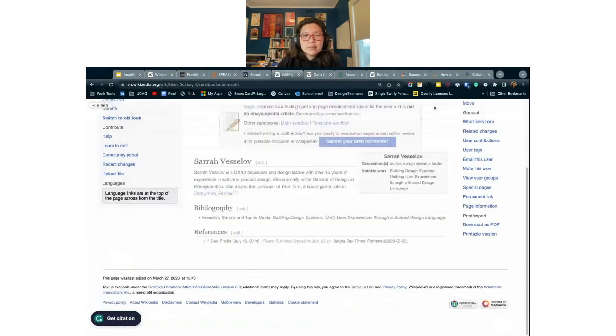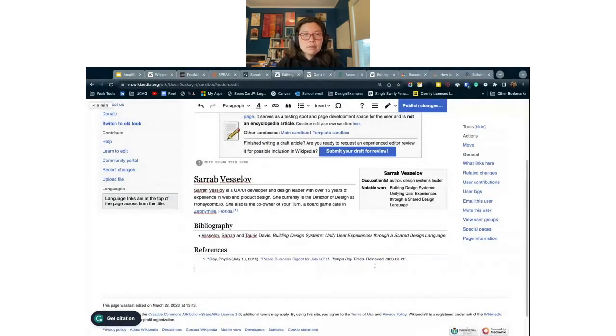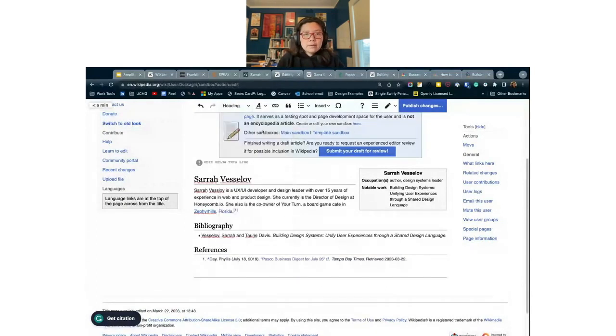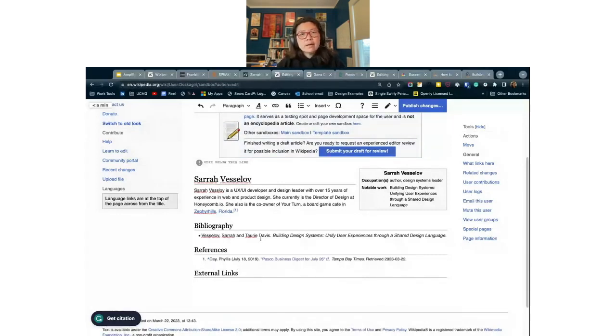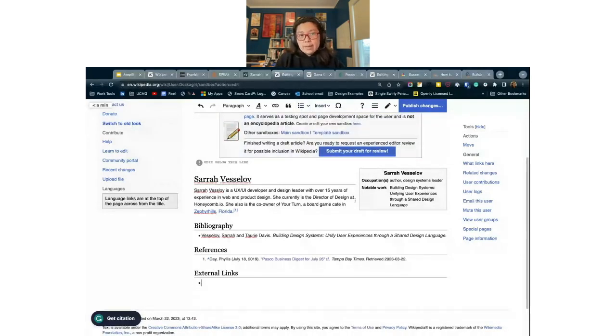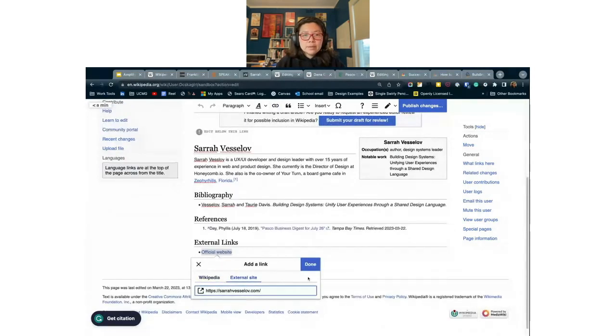I'm going to add this external link. Let's see. Heading. And then if you're not really sure what to put, you can always look at other famous people's Wikipedia articles to see what they have and their formatting. Website. So go ahead and add that link. Then it knows it's an external site and it'll add that little icon.